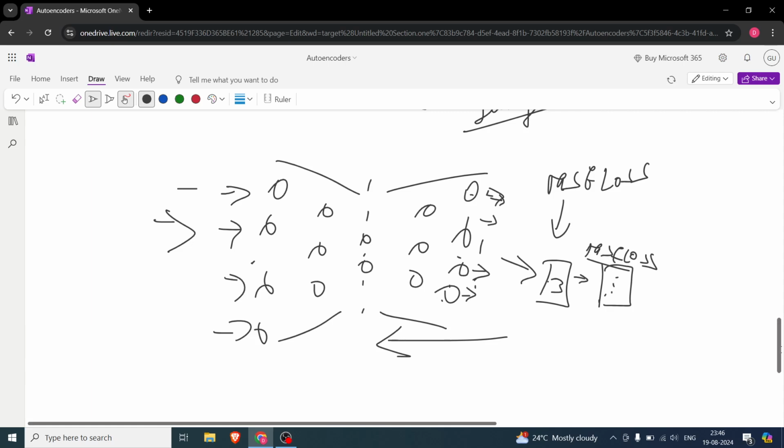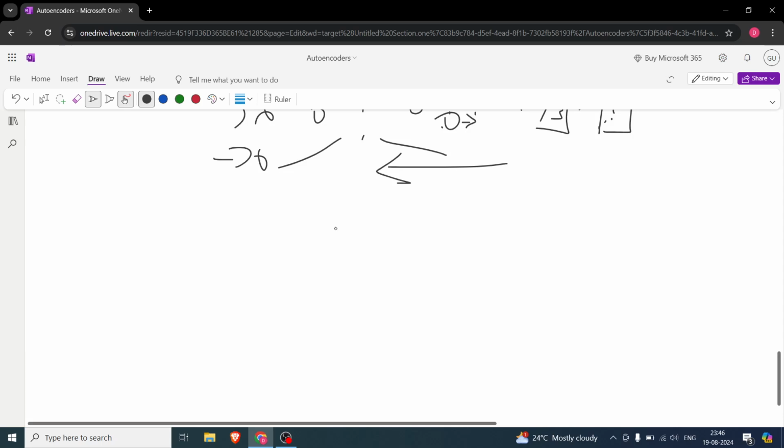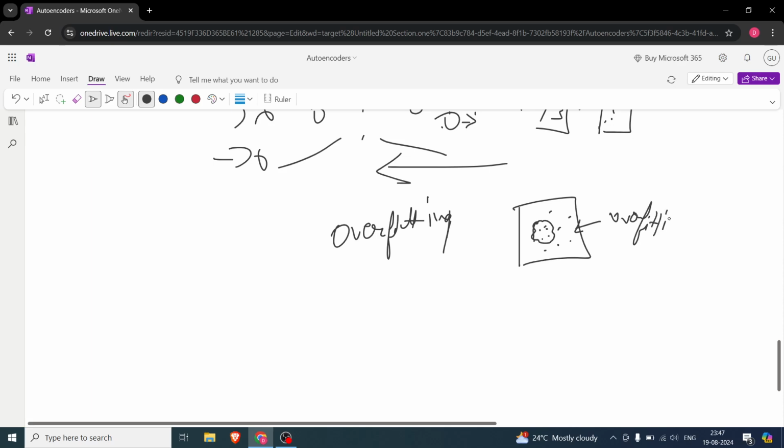Now what is the problem with this? Generally it leads to overfitting. I told you it's a bad idea. Why? It leads to a lot of overfitting. What tends to happen is, instead of learning the distribution, it just learns points. Why? You need some experience with that. But the idea is you should be learning a distribution. Instead, it just learns points. So this is nothing but overfitting, because we are trying to lessen the MSE loss.